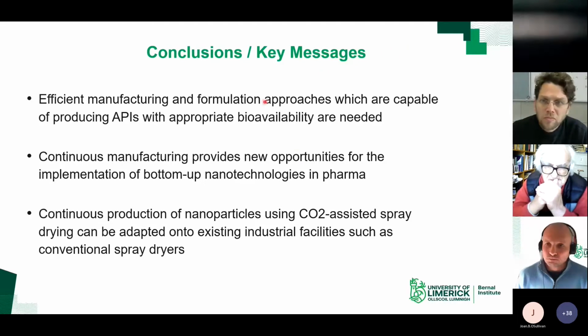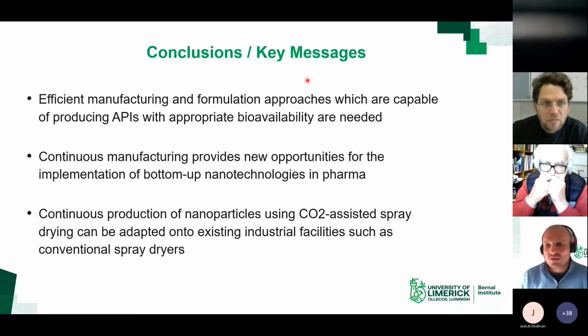So just as the conclusions there, converting batch process into a continuous process is something that will certainly help high pressure technologies to be adopted by the industry. But certainly using small installations instead of using high pressure vessels will certainly be something that will help these promising technologies to be adopted